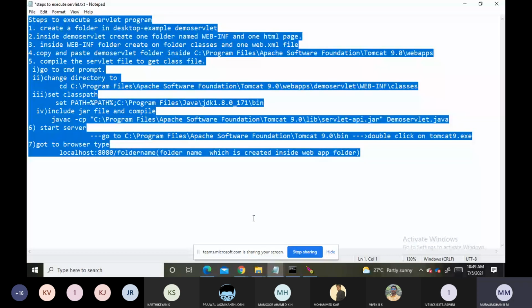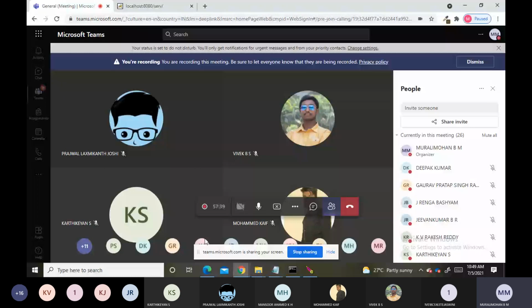You can take a snapshot of this file, the steps to execute a servlet. Finished? Kindly try to execute this today, and if you have any doubt, you can ask in the next class.